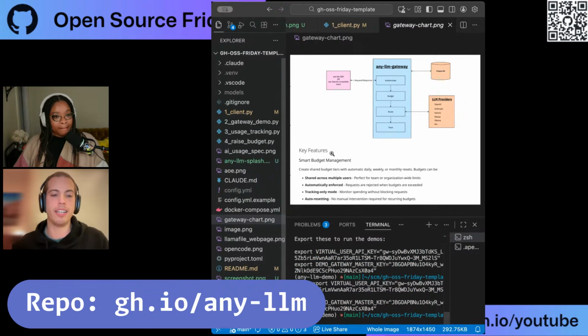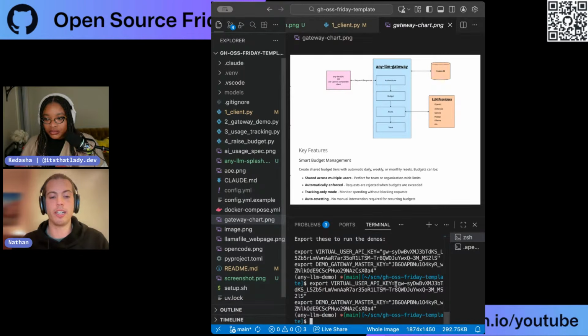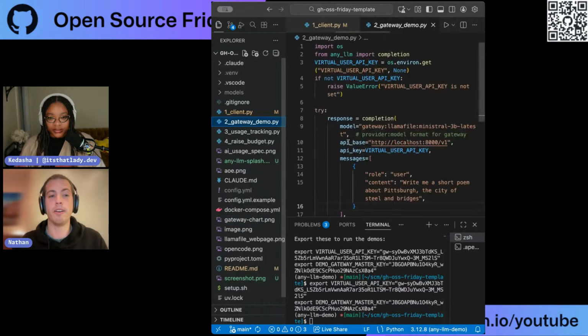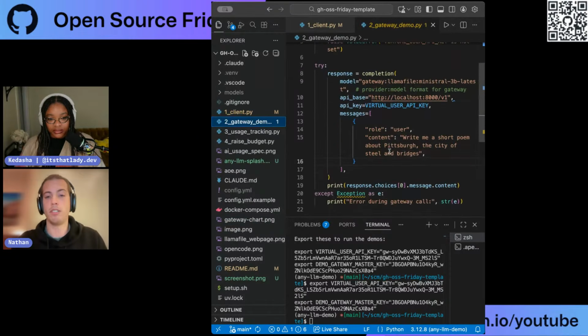What I did here is I deployed the gateway, and I created a virtual user key and an administrator key. I created a budget for this virtual user, where I said this virtual user can spend $1, and then I made Llamafile the most expensive model you've ever used in your life. I configured it in the gateway to say it's very expensive. So then we're going to make a request through the gateway to Llamafile, and we're going to see that user's usage increase, and then we're going to actually see them go over their budget and be rejected on the next call.